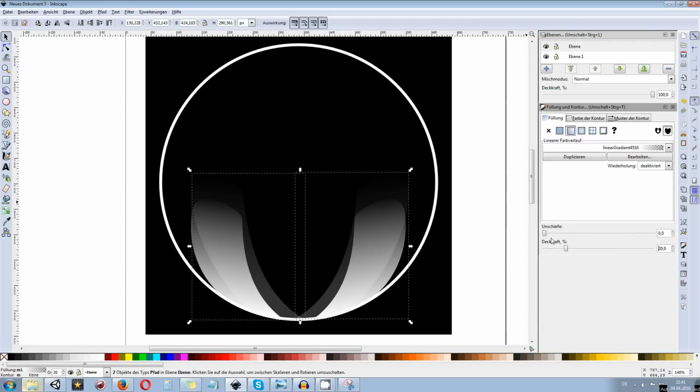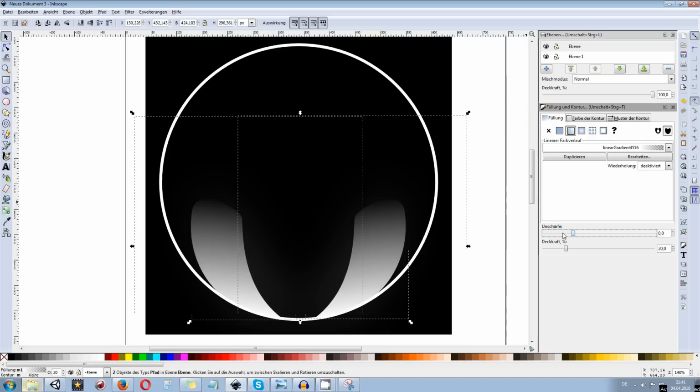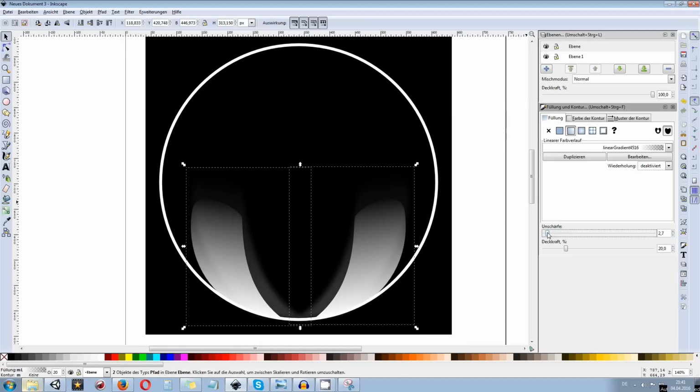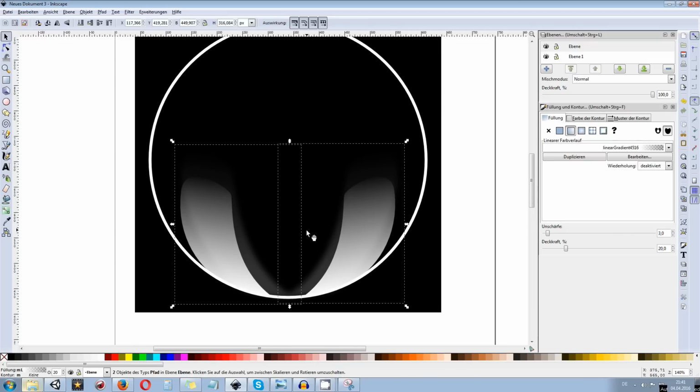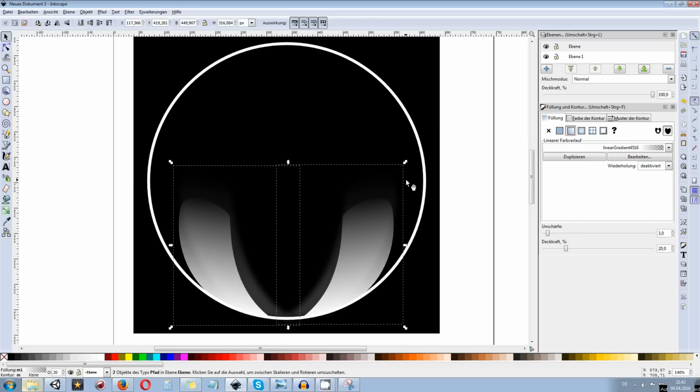So go and feel free to test around with a blur, but don't overdo it. Maybe between 3 and 5% might be the right decision for this. For the frontal ones, we are going to do something like that too. Of course, make sure that those two in here are behind. So select that secondary tool in here so you can sink them once down, once you're clicking them. And you can sink them until they are behind them.